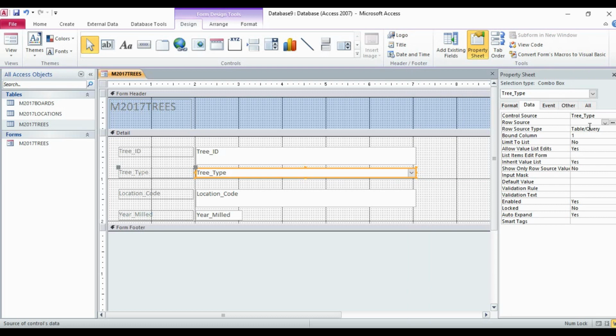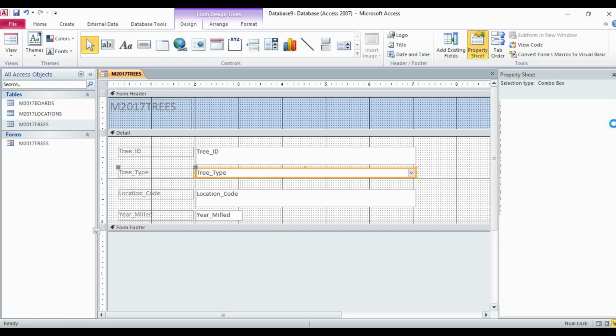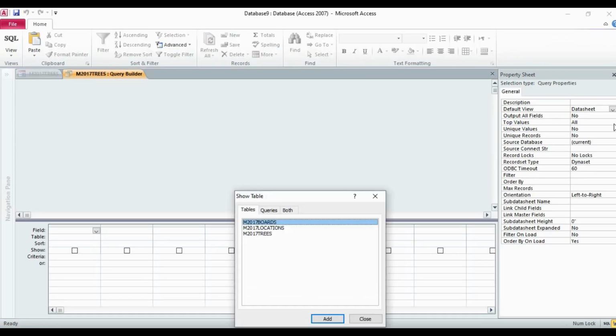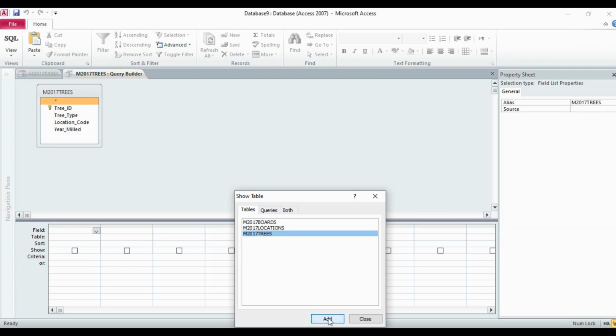Now we will go to the row source, and these three dots are there. You can see these 3 dots. You have to click on these 3 dots as we did earlier. Now it is again opening the query window. Then here we click on the trees table, add, then click on the close button.